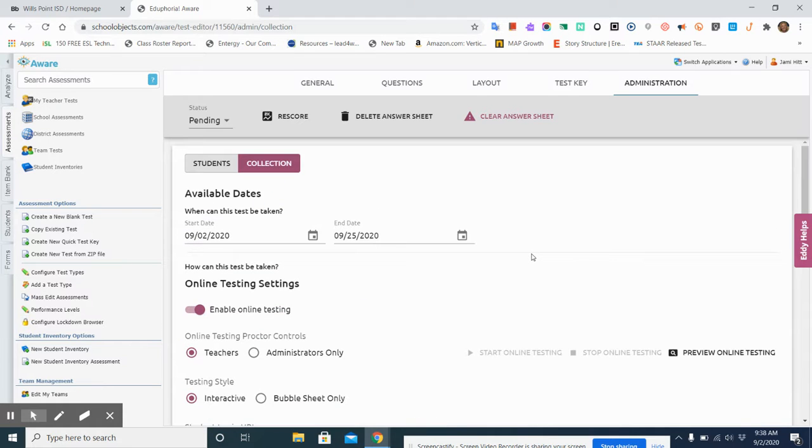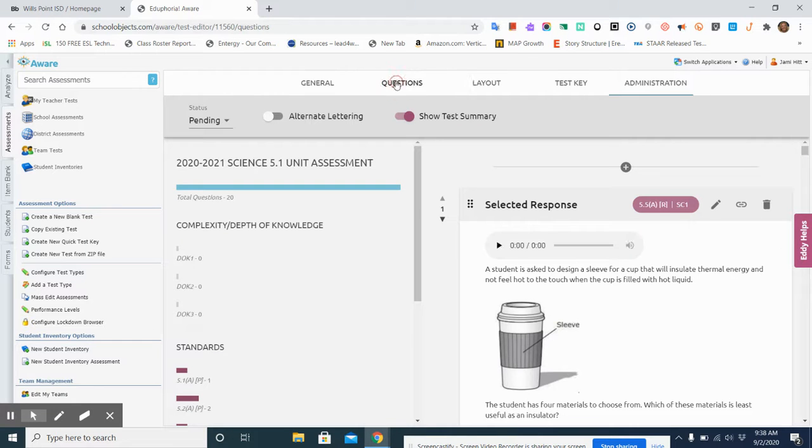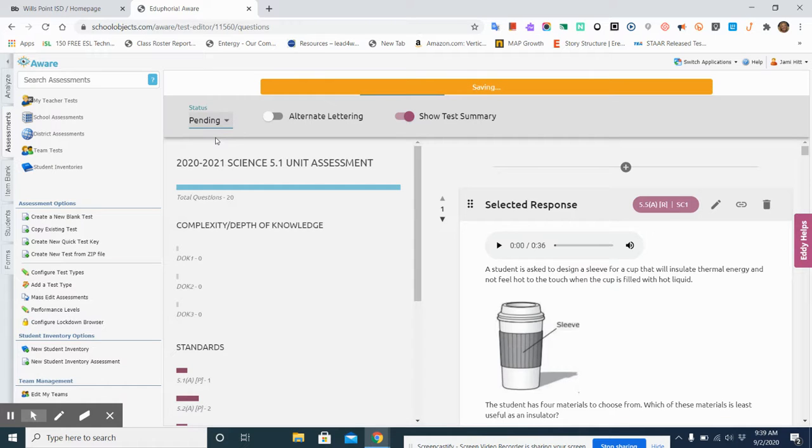Okay, once you have entered a test and you have designated the dates, you've enabled the online testing, your test is ready to go. You only really need to do one more thing, and that is to change the status. This is one more important thing. You have to change the status of your test from pending to active. And when you change that test to active, and it's saving right now, when it's changed from a pending status to an active status,